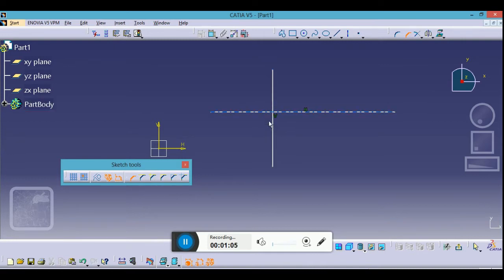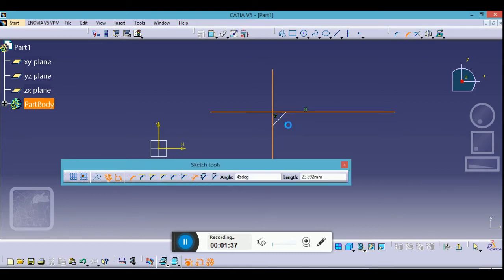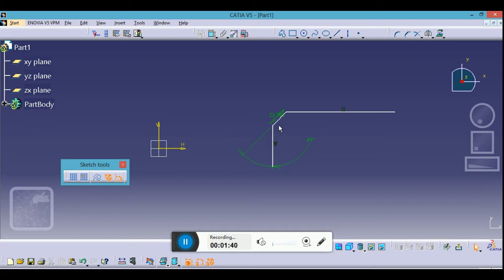There are 4 quadrants forming over here, but you will have sketches like this with some intersection, or maybe something which has just a corner like this. But drawing like this will be much easier for you to understand. So I am just starting with trim all elements first. That's your sketch tool, where you can have its sub commands. One, two, and you can see that you have a chamfer.